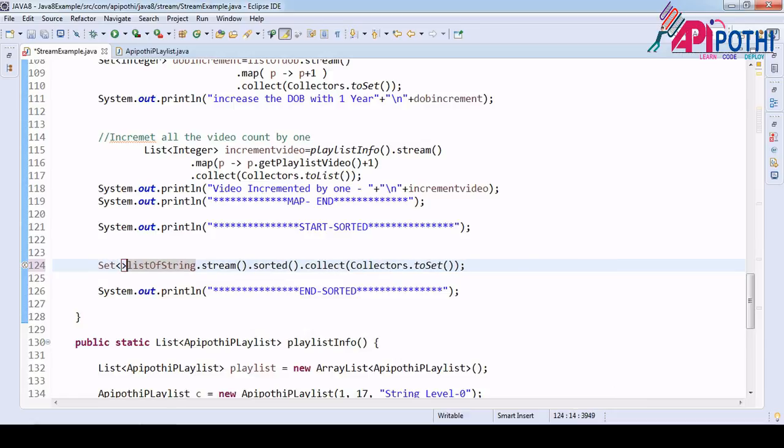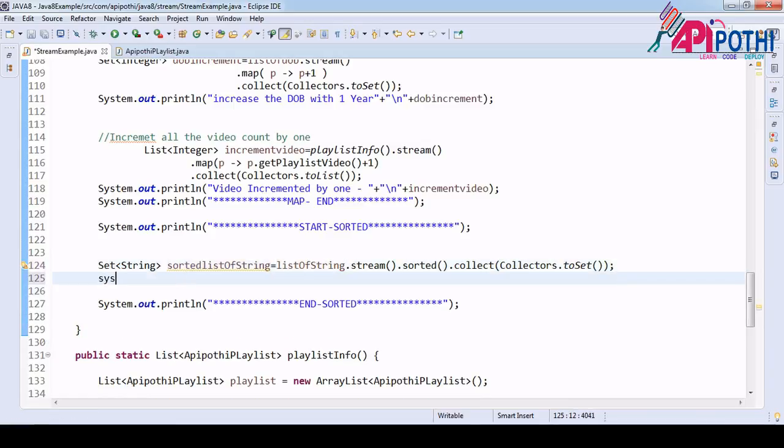So Set of which type is it? List of string, I think string type only. Okay, list of string, copy this one, paste it here. Okay, and here say sorted. Okay, sorted. Why error? Okay, one is extra. Okay, now if you print this one,